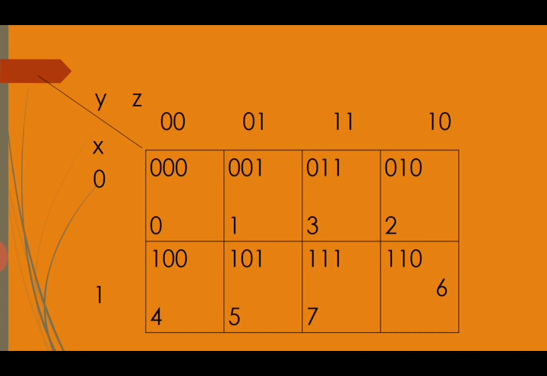And then we move to the second row and the second column, and the values there are 1 0 1, then 1 1 1 and then 1 1 0. So here you can see 1 1 1 produces the decimal number 7, and 1 1 0 produces the decimal number 6. I hope everybody has understood very clearly how these boxes or squares get their numbers.